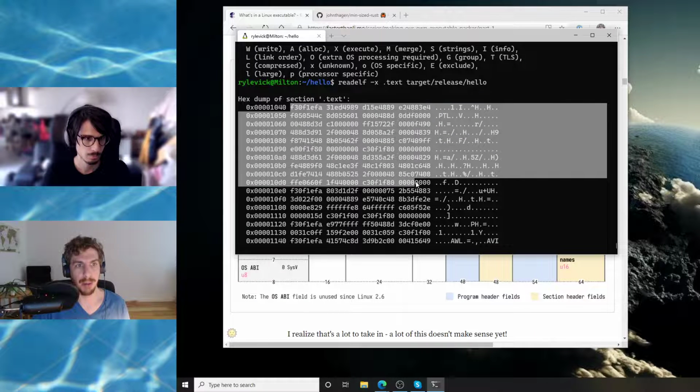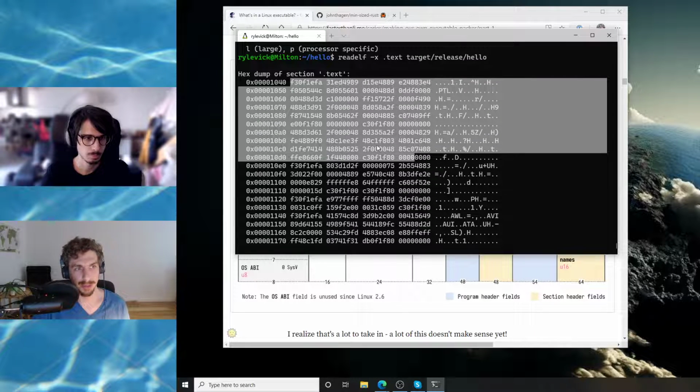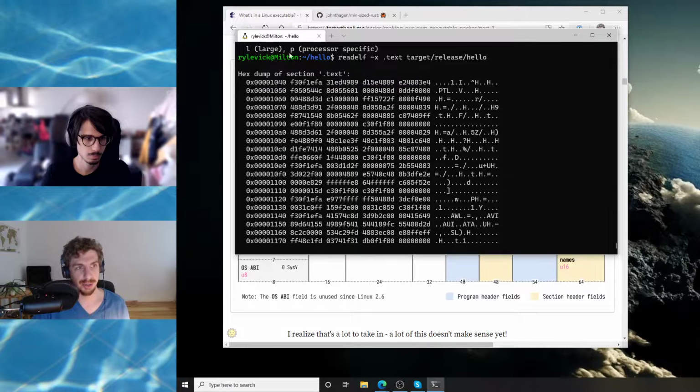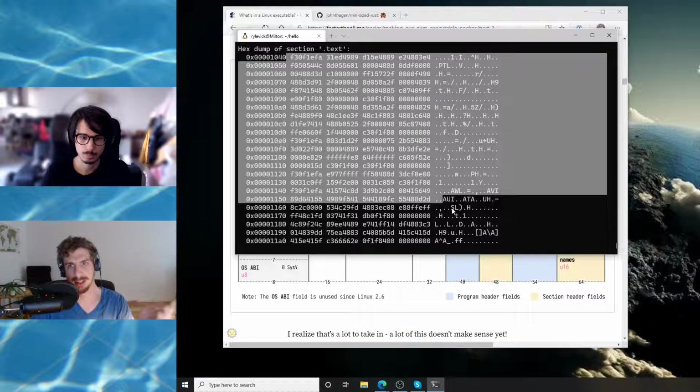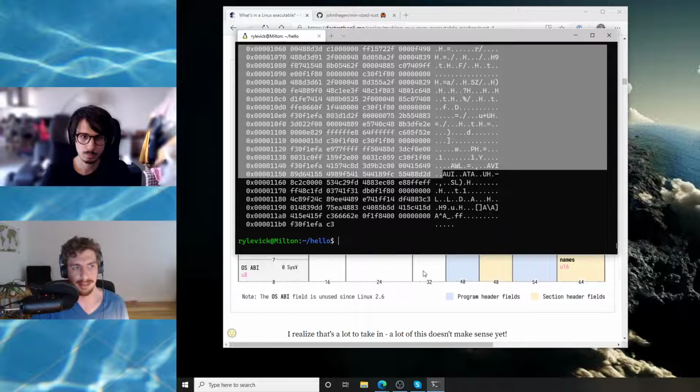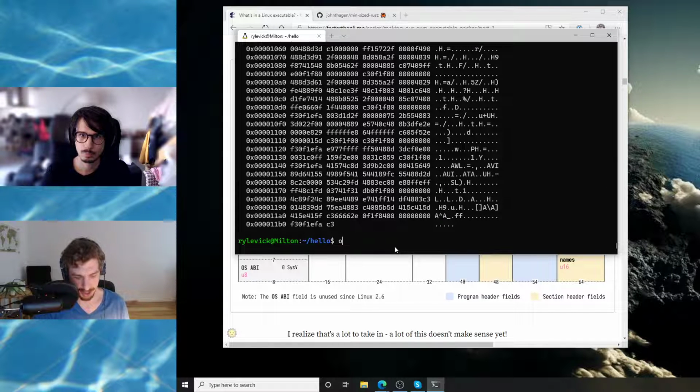So this is the raw binary view of that section. This right here is basically all executable code. But of course, when you're looking at it as hexadecimal stuff, it doesn't really make any sense. So that's why we can use objdump instead